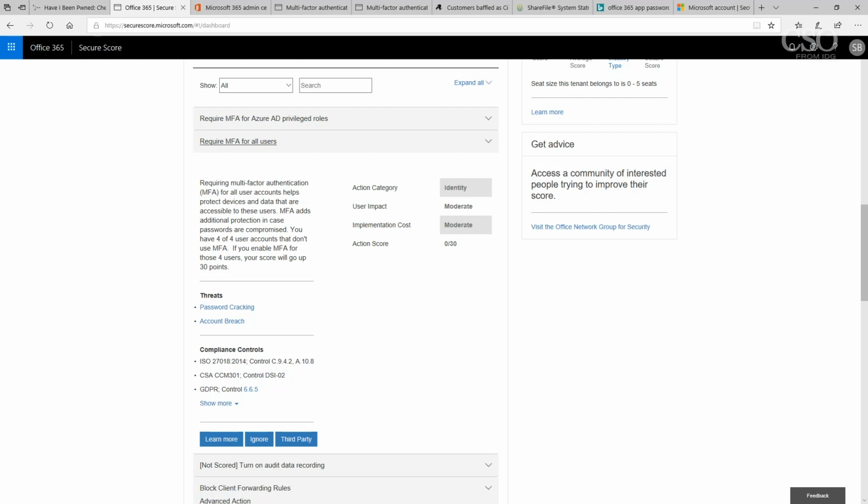Bottom line, you want to check out multi-factor authentication, test it out, get your users used to it because we're going to need that more and more. I had to laugh a little bit. It talks about here the implementation cost is moderate, user impact is moderate. I'm not so sure about that. Some of my users still are wondering why we need it. But it's all about education, and it's all about making it easy for them to use.